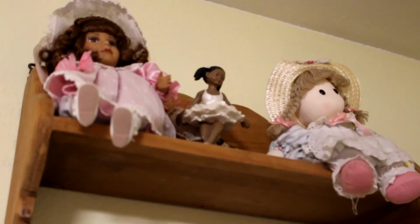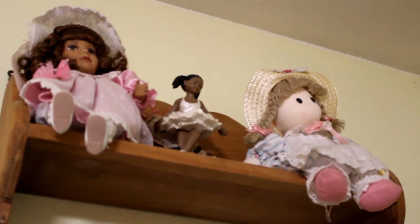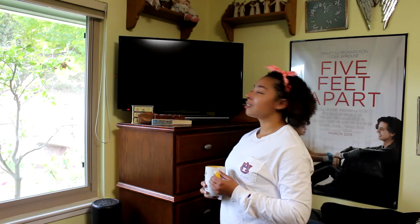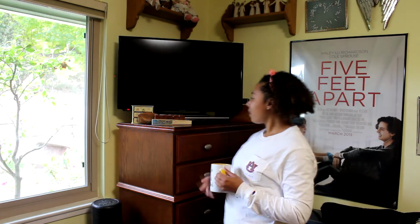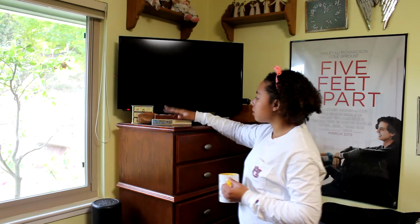Here we have other dolls that I've received over the years, mostly when I was younger, but they're still really special to me, so I keep them up there. Then right here, yeah, I have a TV in my room. And then these right here are different